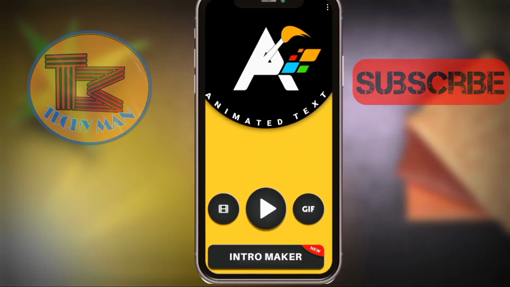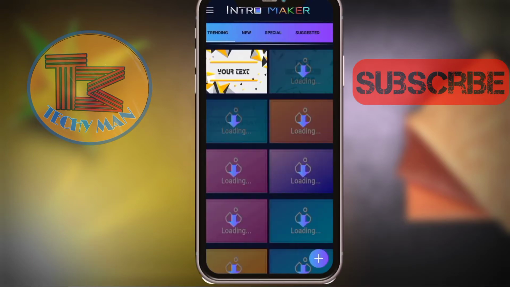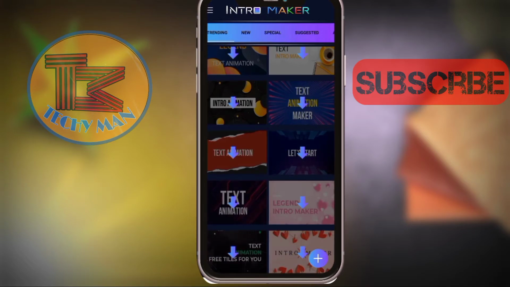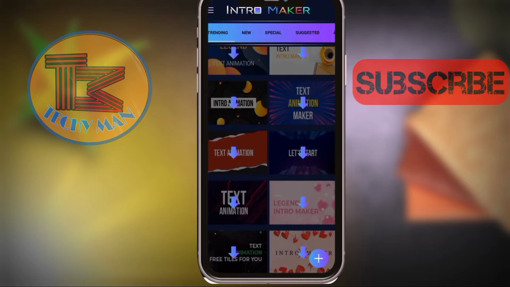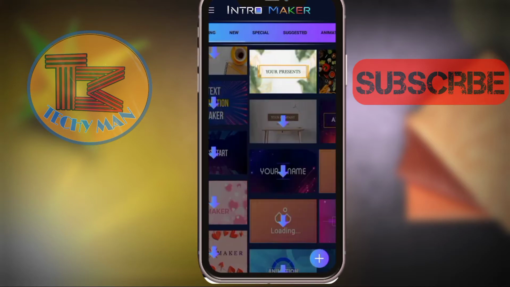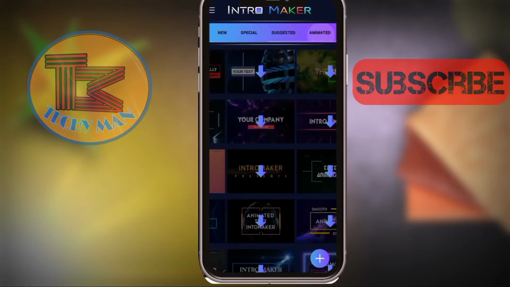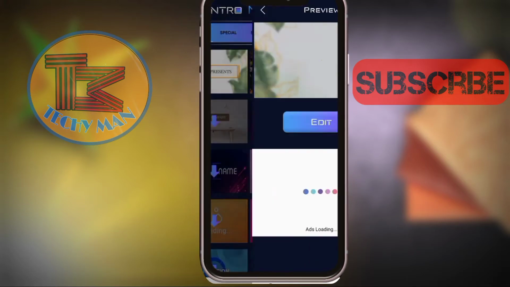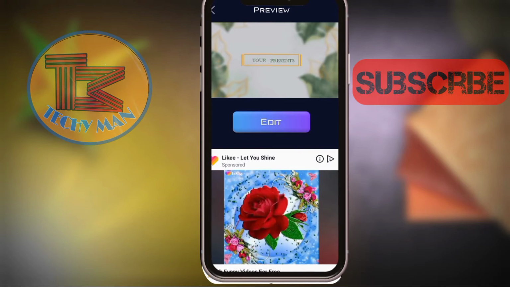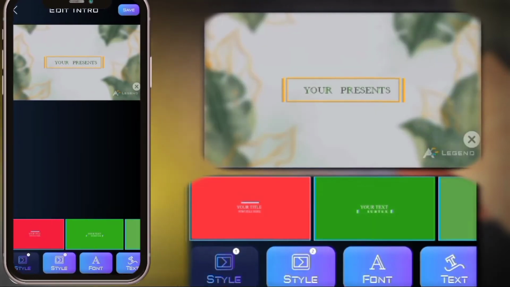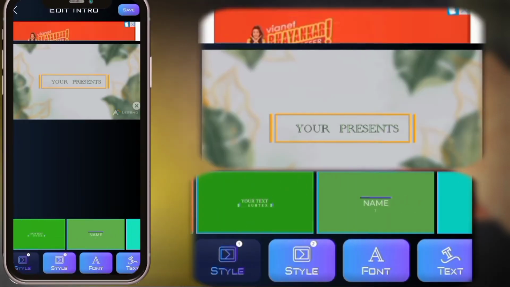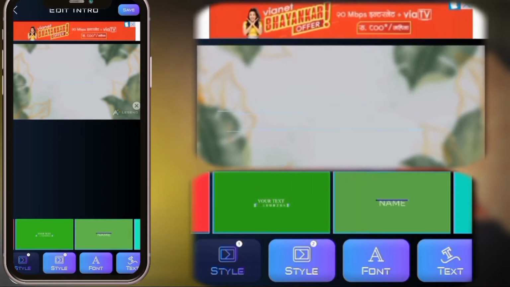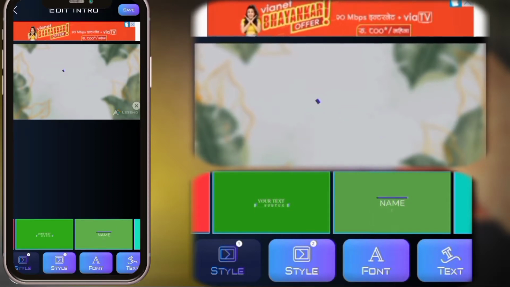After you download, open the app, click on the intro maker button here, and here you will get tons of built-in intro videos for you in different sections like trending, new, special, suggested and animated. After downloading whatever you like from here, just click that intro and click on the edit button here. And after clicking on edit button, you will get here some kind of styles on how your channel name will appear in the intro. So I will choose randomly one of the best